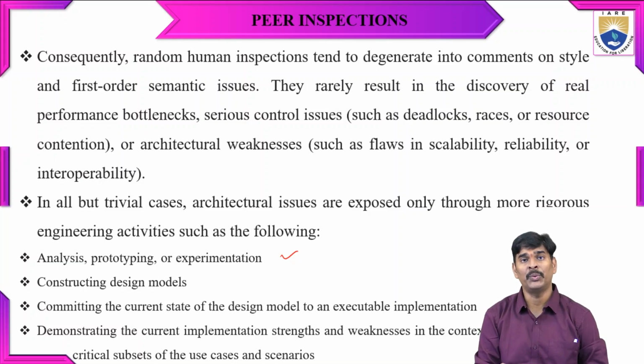So how they are going to analyze the different types of components in the architecture, how this prototype will be suitable to the software project, and experimentation will be done in different types of cases, and the construction of design models, committing the current status of the design models to an executable implementation. They may be checking the forward engineering, and how this model will be implemented in the design models, and also the different types of components,